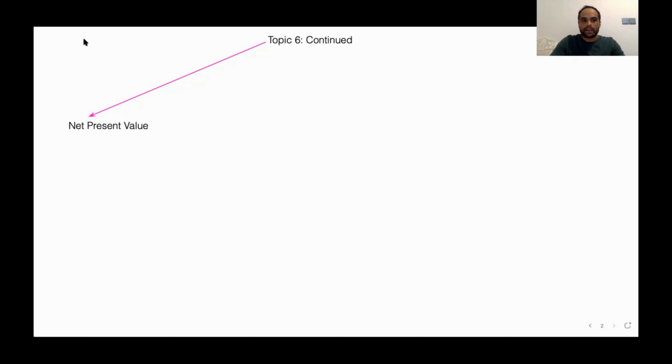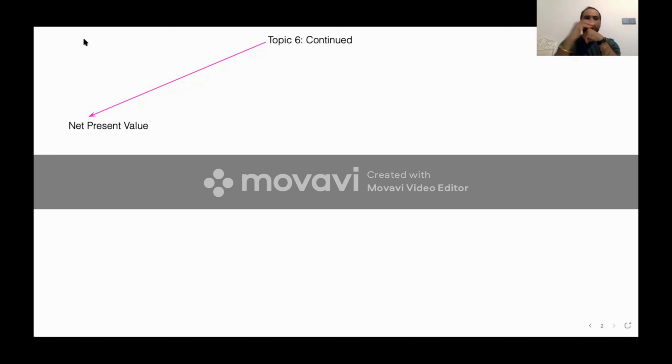So let's start with the present value or net present value. You know present value, right? Present value means discounted future value. Right. Now, how to calculate